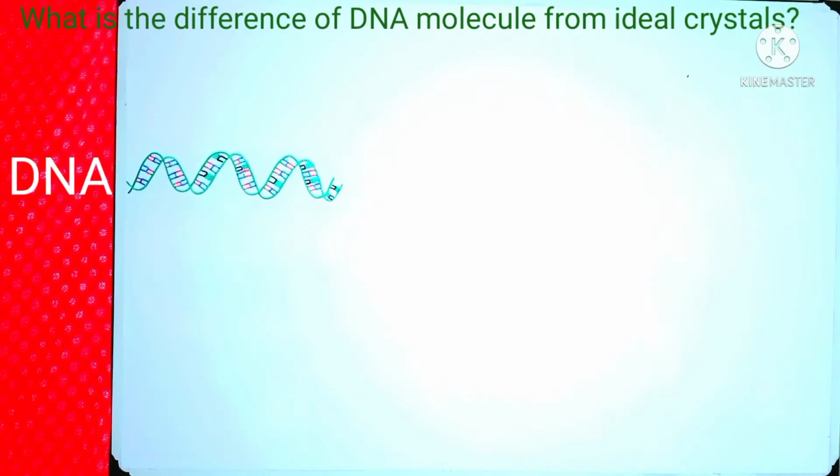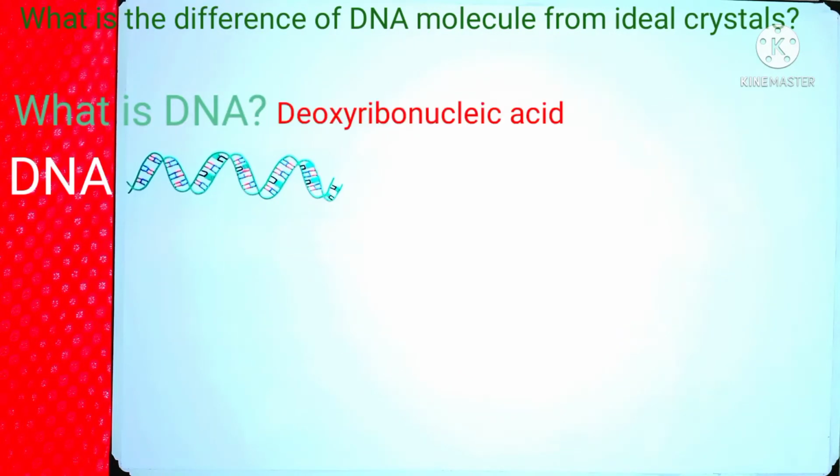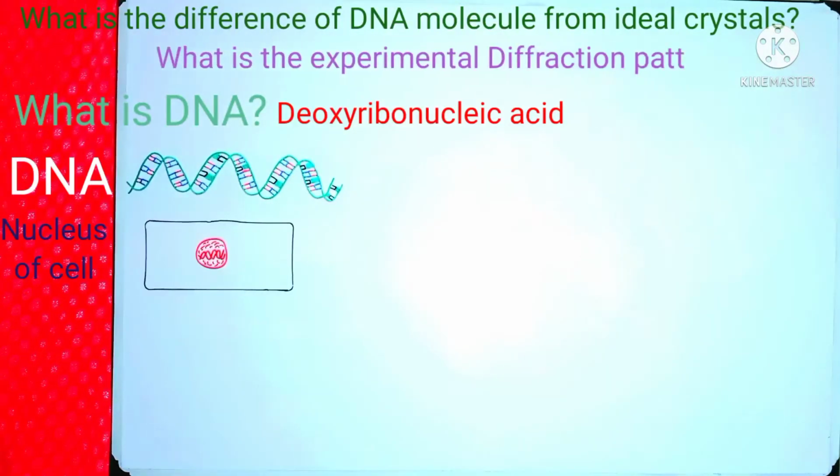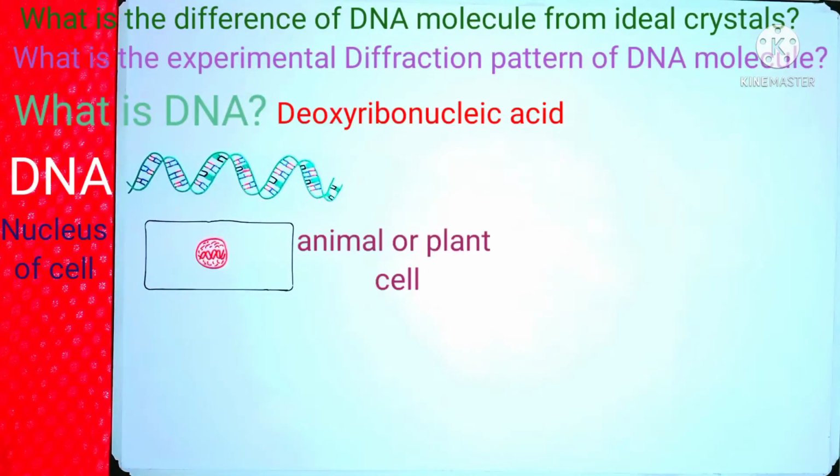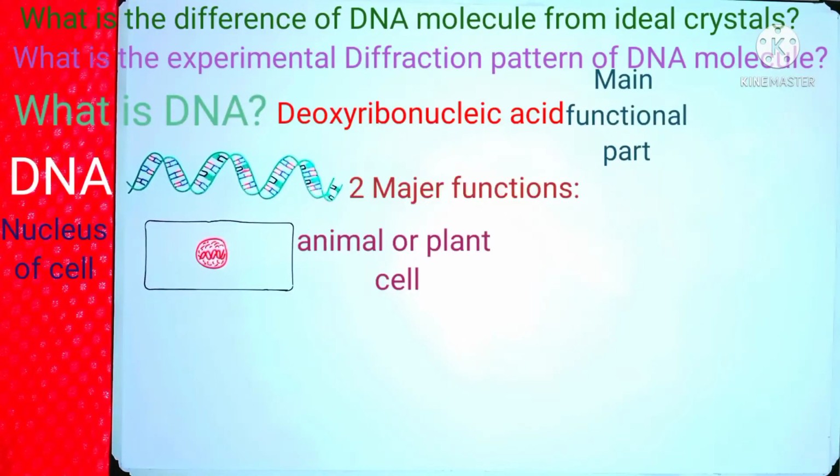Firstly, we will have to know what DNA is. DNA is deoxyribonucleic acid that is present in the nucleus of a cell. This cell can be an animal or plant cell, so we can say that DNA is present in both plant and animal cells. DNA is the main functional part of a cell, like the center of a cell, which performs two major functions. The first one is that DNA directs many chemical reactions in the cell by transcribing genetic information from DNA to RNA,